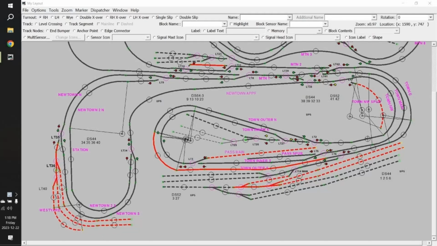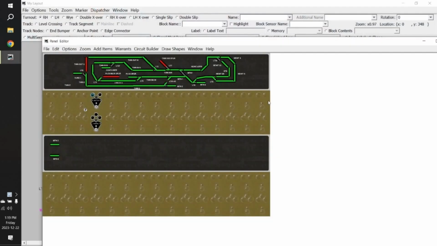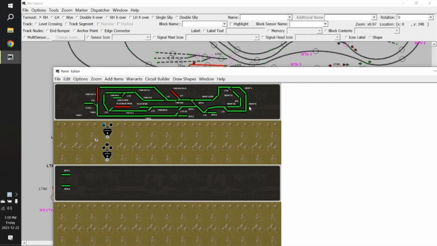So here we are looking at my layout in Layout Editor. I want to automate a train to go from a station here all the way around to this station, stop a while and then come back to where it started. So I have to learn how to use warrants in JMRI, and I have to get another panel up here so that I can use warrants here